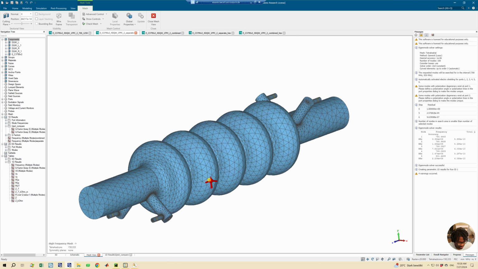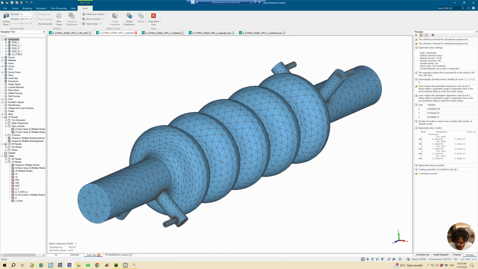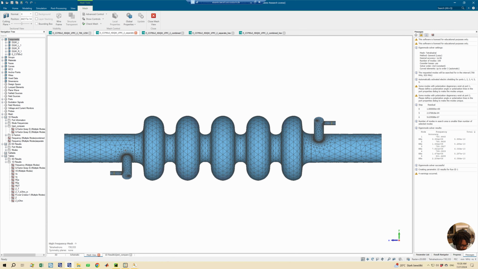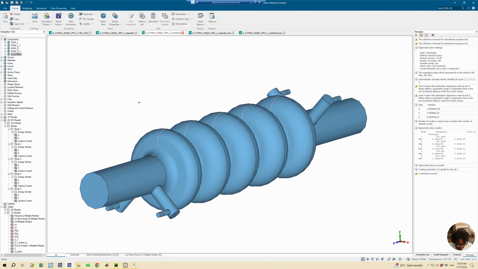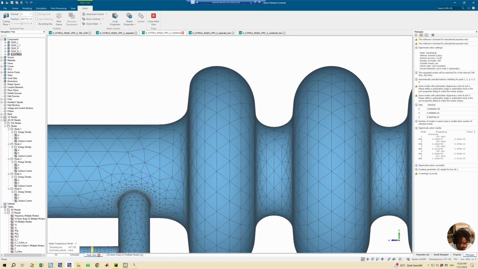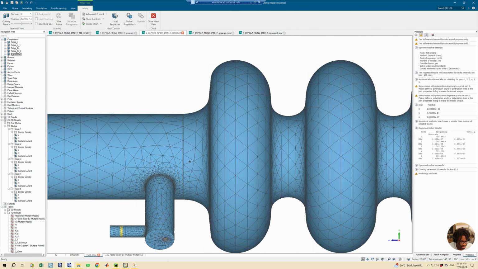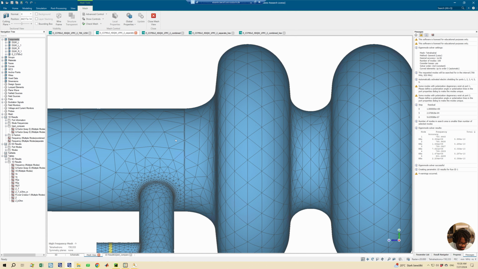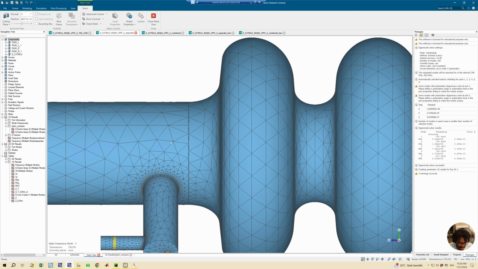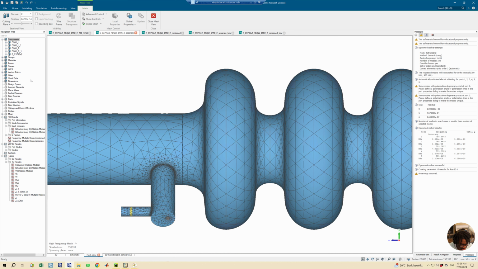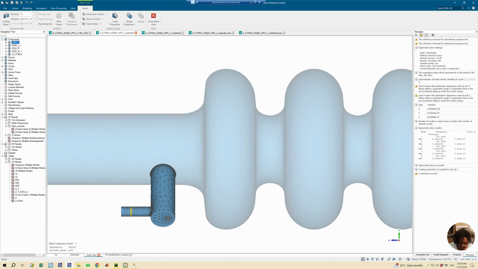So if I go to the mesh view, this is what I have, and this is what the mesh looks like. So I'm going to look at exactly the same part on the combined assembly. So this is what we have. You can clearly see that at this point there is a difference, although CST looks at the combined part as one because it's the same material, the way it goes about generating the mesh is different. So I think that it takes this region, so the coupler region, as kind of